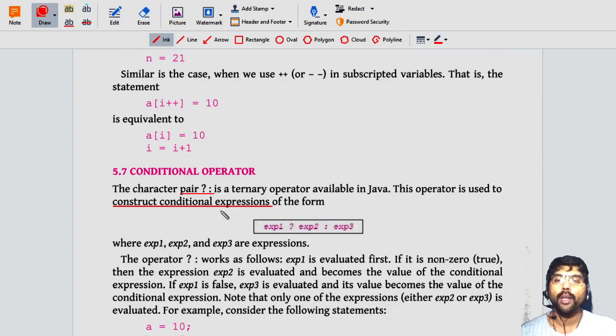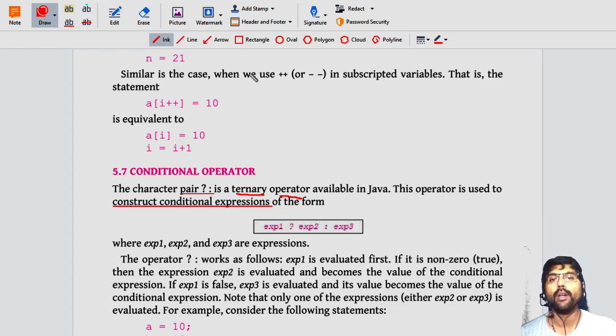The next operator is called the conditional operator. In the conditional operator, we are using two symbols: one is a question mark and the second one is a colon. Sometimes it is also called the ternary operator. The reason is that ternary means 3, so this operator operates on three operands.